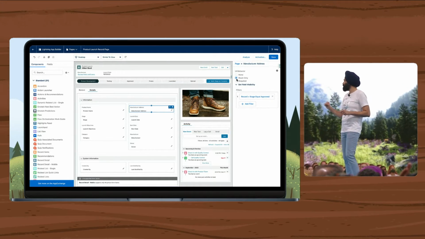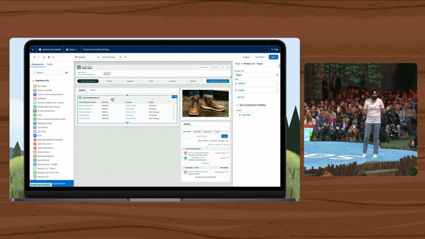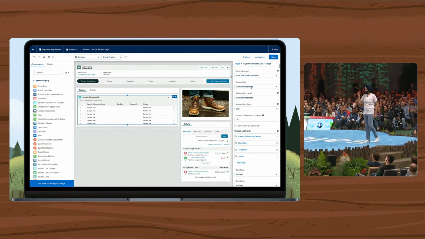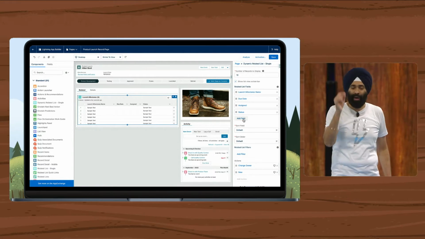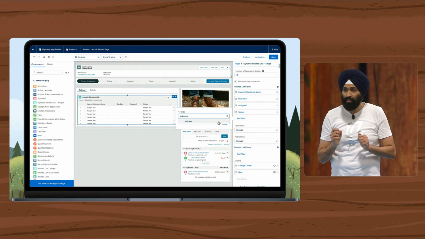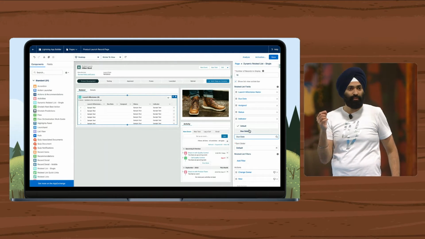In fact, she wants to apply all of this goodness of user centricity, performance, relevance on her launch milestone list. And what does she do? She upgrades that to dynamic lists, where directly from the app builder, once again, she has full control over selecting which fields should show up as columns, what sorts to apply, and what other additional filters to use.